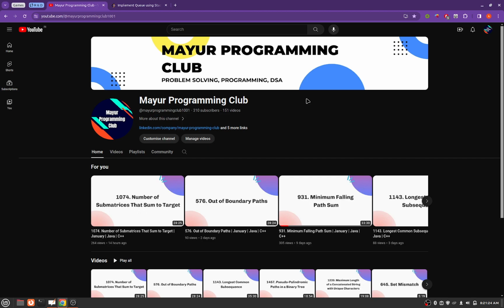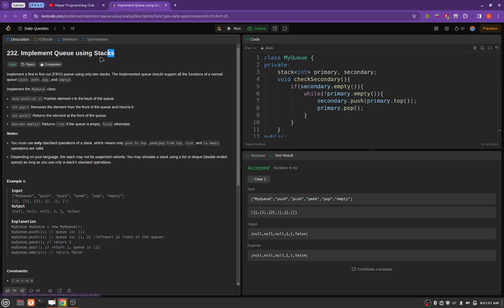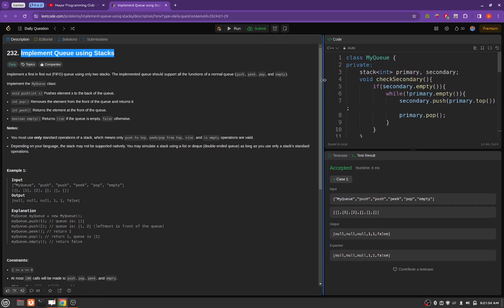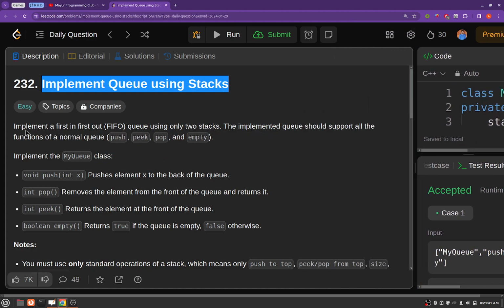Today we will be solving another daily Leetcode problem, and the problem's name is implement queue using stacks. So the problem statement goes like this: implement a first in first out queue using only two stacks. The implemented queue should support all the functions of a normal queue, which are push, peek,